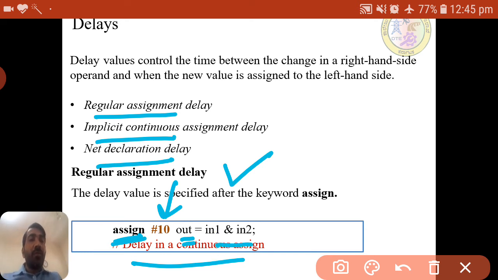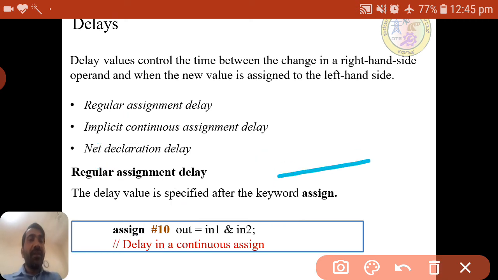It continuously performs the AND operation between in1 and in2. After the evaluation, it waits for 10 nanoseconds and then assigns to the output. If there are any changes within that 10, they are subsequently assigned, but the assignment happens after the 10 nanoseconds.